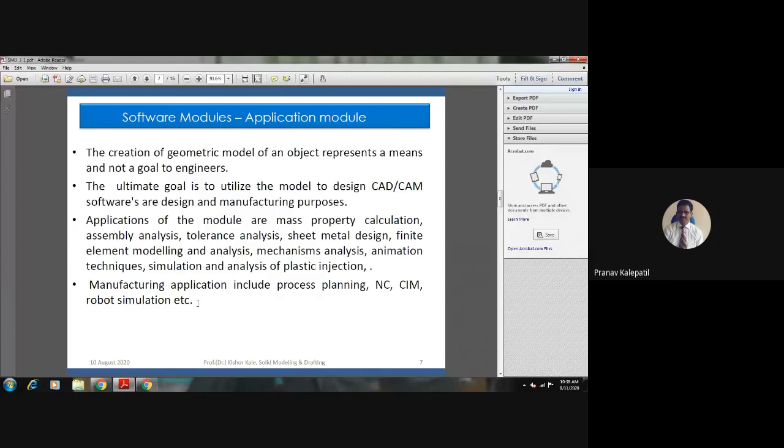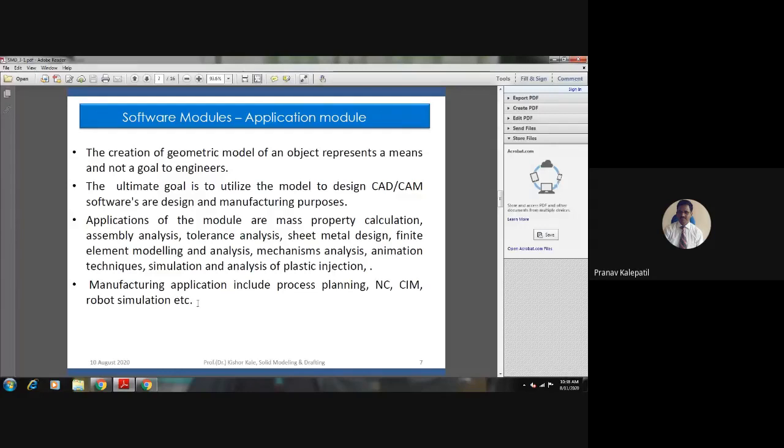Mass properties means it will give how much its mass is. Because while creating a model, we assign a material to it. Material means actually we assign a density to it. Once density is assigned, we have the volume with us already. When the model is created, the volume will be there. Density we are assigning to that model.